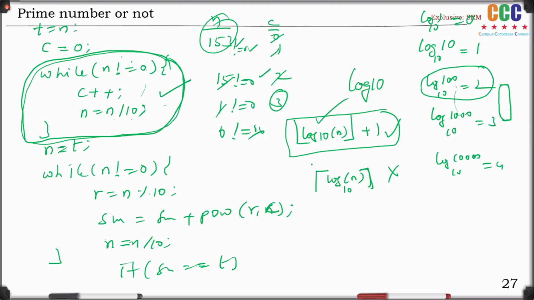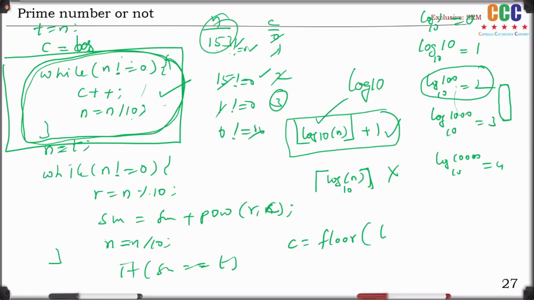Therefore, without using this loop, look at how simplified our task is. Without using this loop, no c is equal to 0. C is equal to simply floor of log10 of n, plus 1.